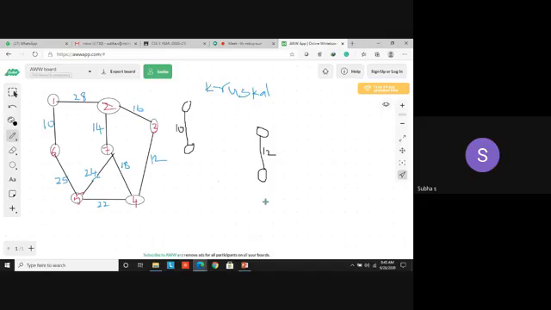Okay, these are the steps to be followed for Kruskal's algorithm. Yes, listen carefully. First, among all the vertices, I have chosen the edge of minimum weight. So 10 is the minimum weight, so I have chosen it first. This is the first step. Okay, you number the vertices later. Then what is the next minimum cost? 12. So it is connected between the vertices 3 and 4. Just as I have mentioned. Okay.